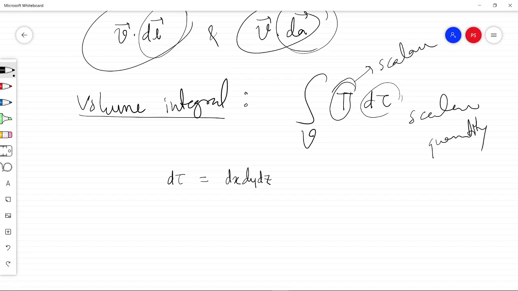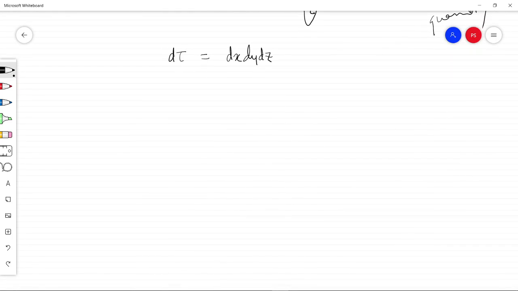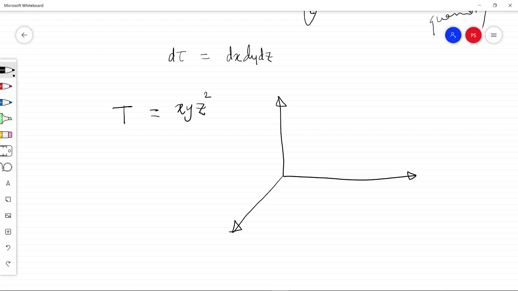Of course, this need not always be scalar. This can also be a vector in general, and we can integrate accordingly. For understanding how to solve this, let us take an example where a scalar function is defined as xyz squared, and the volume over which we have to integrate this is in the form of a prism as shown,